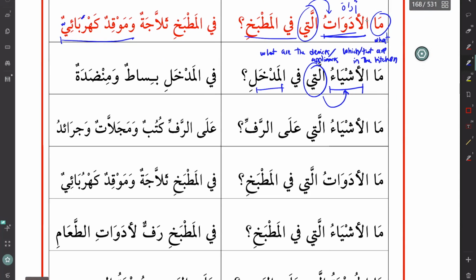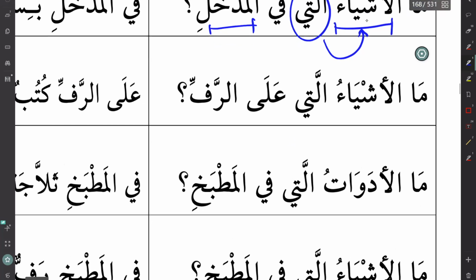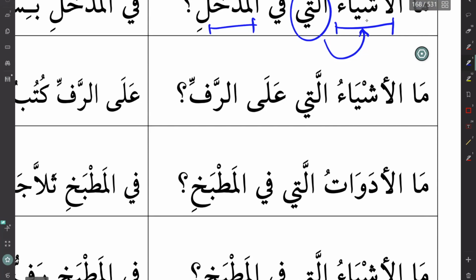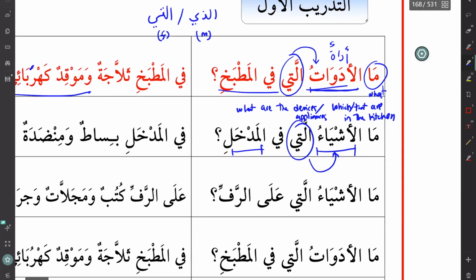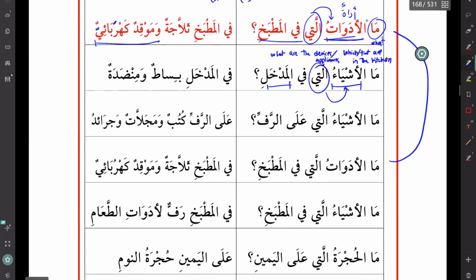Now it says ما الأدوات التي في المطبخ. It's exactly the same sentence that we had done before here, right? Okay, so I think inshallah you should be able to translate the rest,